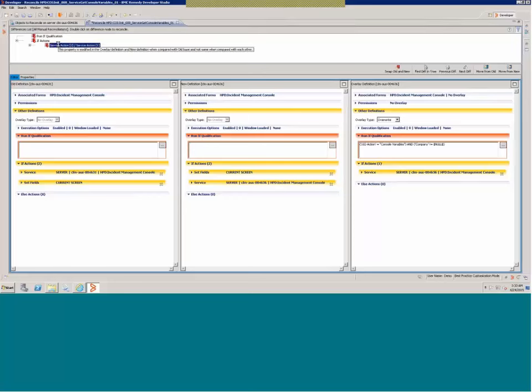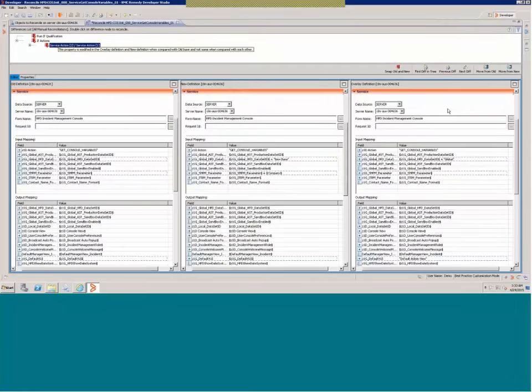I'll move on to the action. And I'll press this next difference. It takes me to the leaf node. And here, again, you see there is a conflict wherein the field mapping is changed in the overlay as well as in the new base.